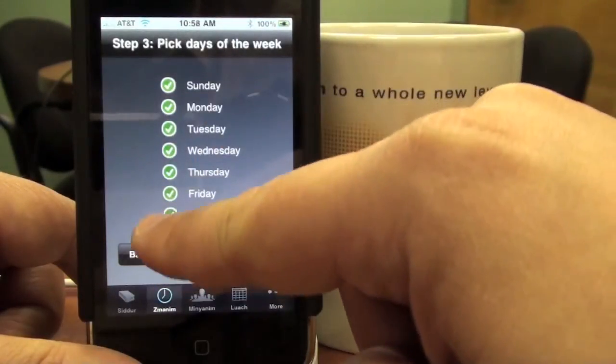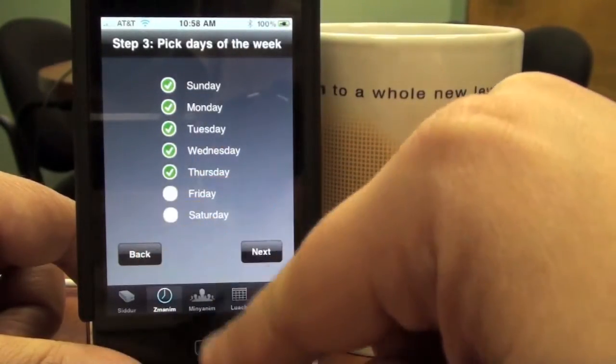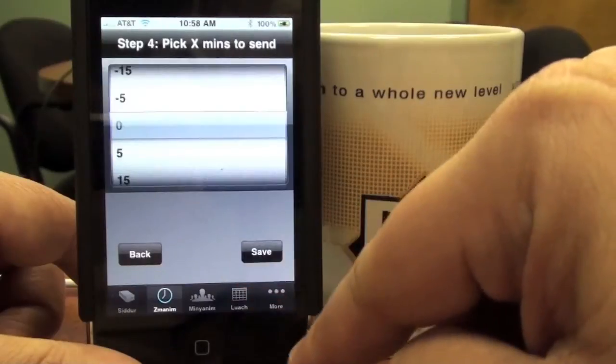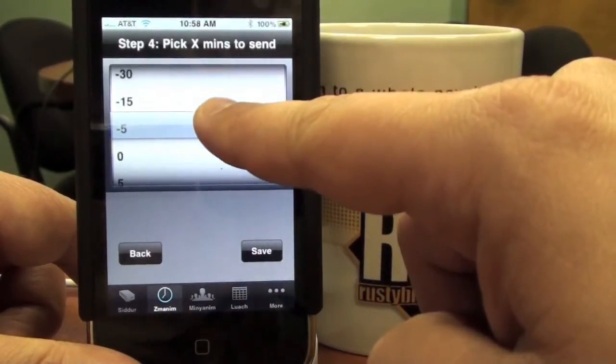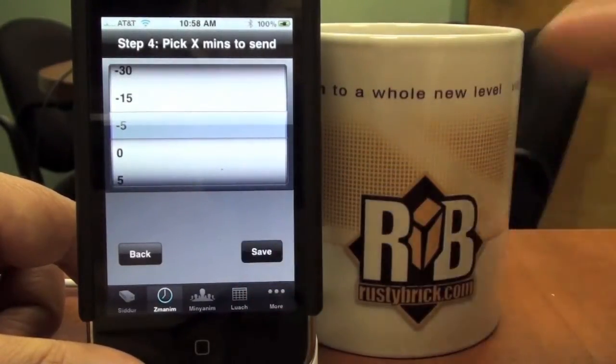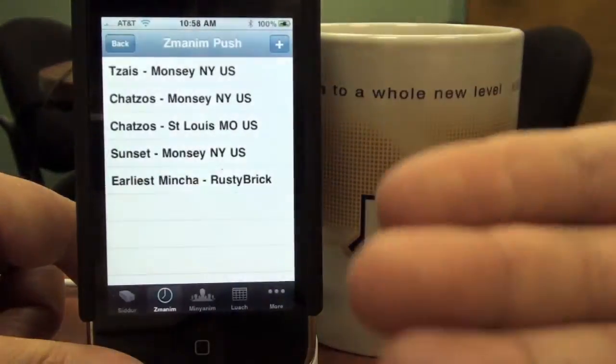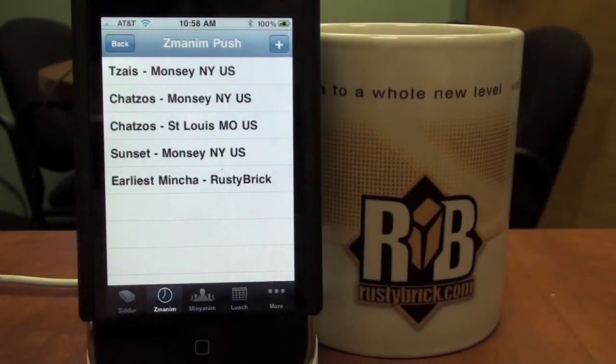Let's say throughout the whole week except for Friday and Saturday. I want to be notified 5 minutes before Sates. Just a reminder. When it's 5 minutes before Sates, based on Sates in Monsey, it would actually go ahead and remind me via push notification, as long as I have internet,